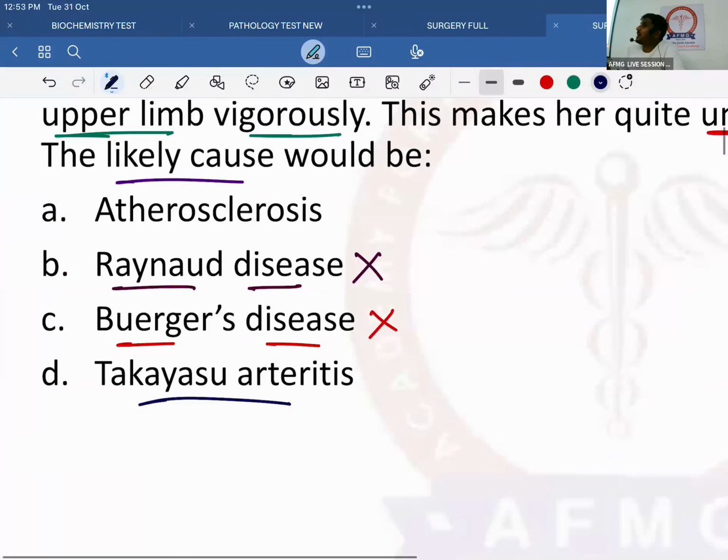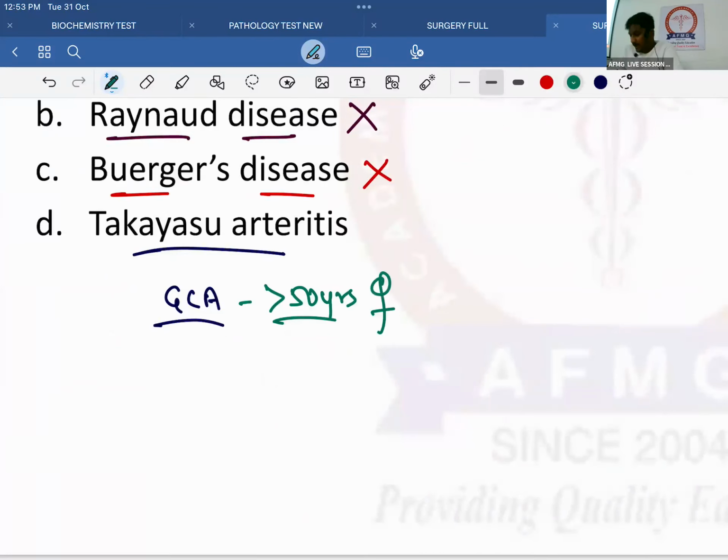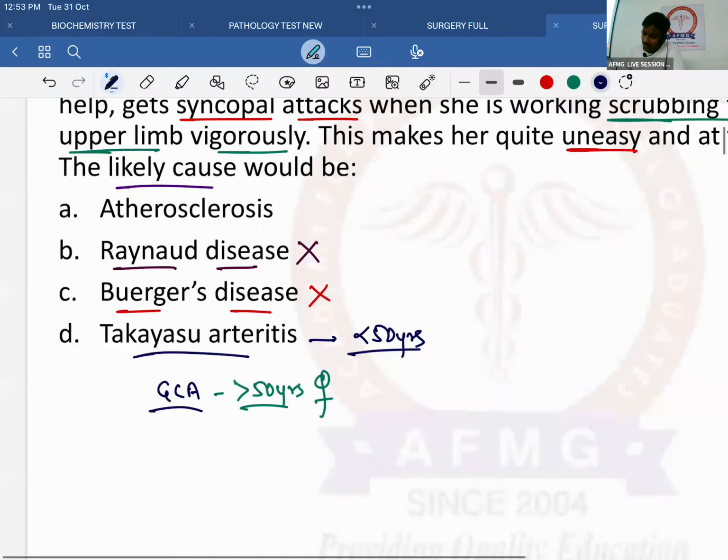Takayasu arteritis and giant cell arteritis. Two conditions are the ones which are large vessel vasculitis. Giant cell arteritis is more common in patients more than 50 years of age, and that too mainly females. On the other hand, Takayasu arteritis is a condition which is more common in patients less than 50 years of age, and that too more commonly affecting the males. So now if this is the diagnosis,